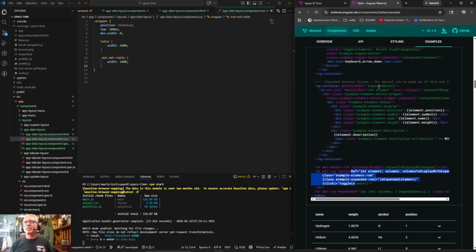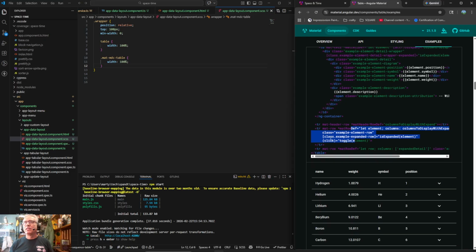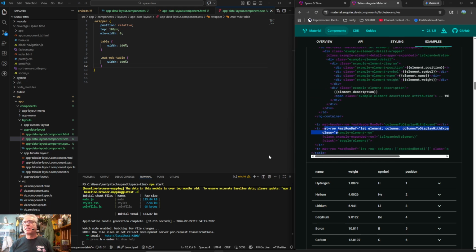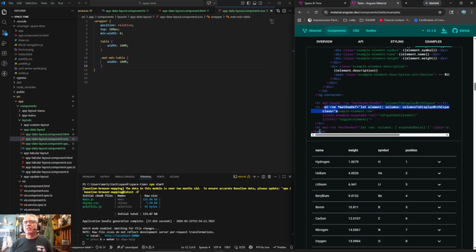Oh, and then this is expanded detail. Oh, wait, no. Sorry. Okay, so this is the header row. This is that row. And then this is the expanded detail row. So we have an example, extended. So it kind of acts like, okay, so if I were to just add this